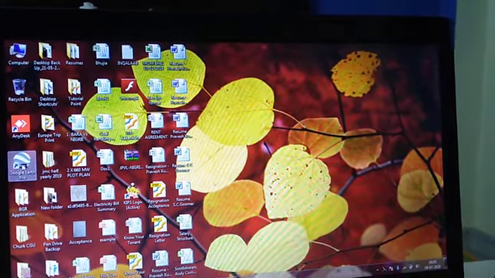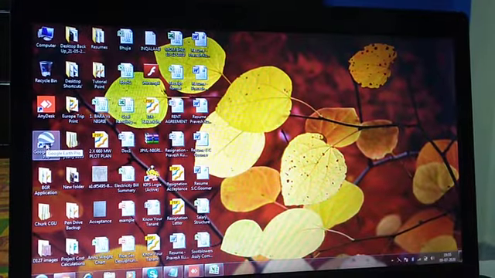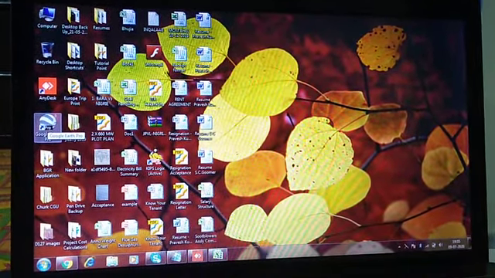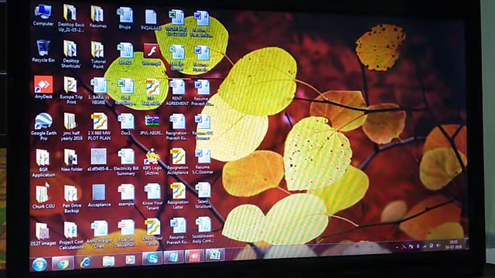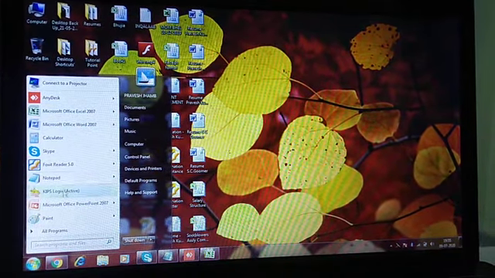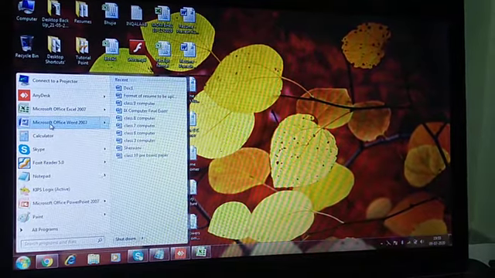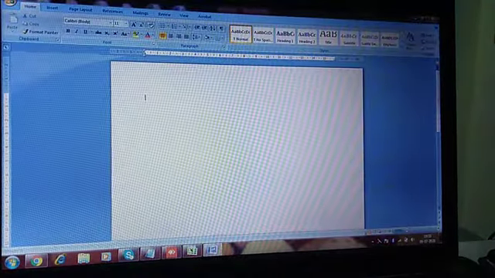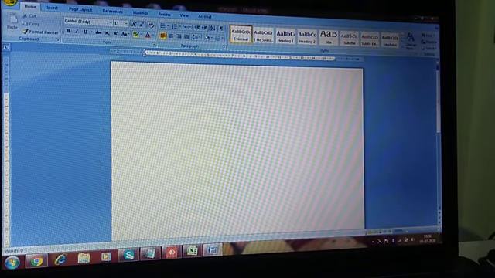Okay, so for that, give me 1 minute to set my phone. Okay, fine, now hope you all can see very well. So for it we will go to the start button, then I will type here Microsoft Word. No need to type, actually I am having it here, Microsoft Office Word 2007. Okay, so on your screen also I have opened the Microsoft Word screen.